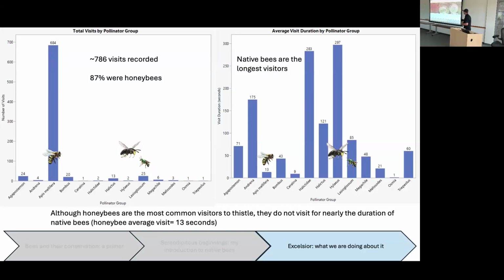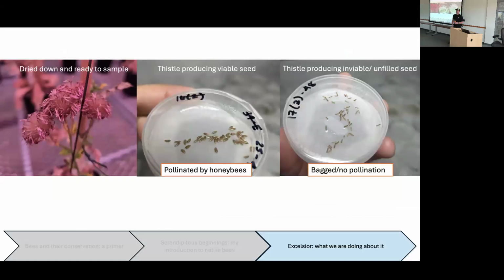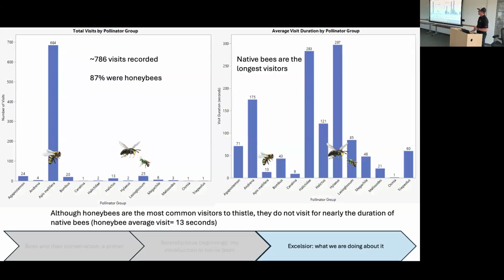And as you can see here, they obviously do a pretty decent job of improving the reproductive capacity of that plant. By the way, we did not know before we started this that there are female and male thistle plants. Whoops, found out after the fact. So yeah, they needed pollination. Probably we could have figured that out already.